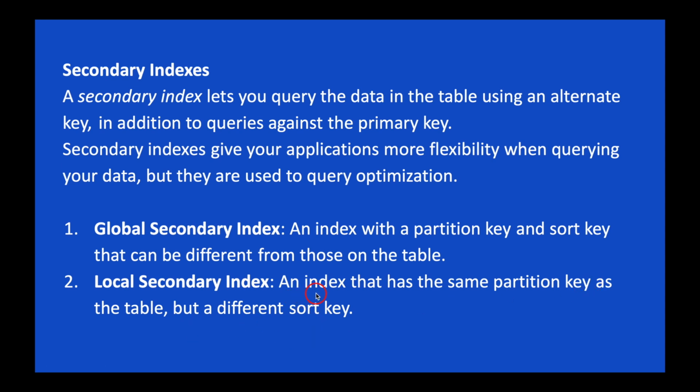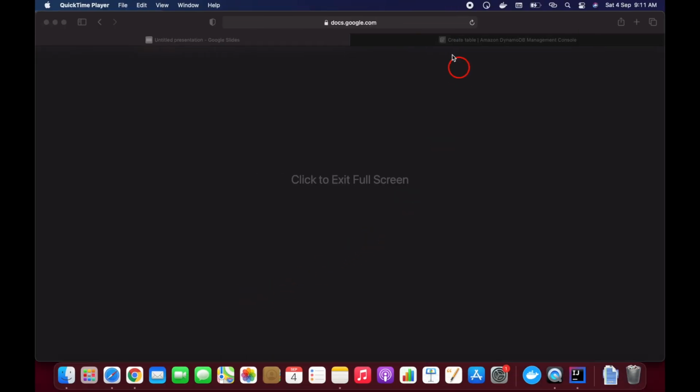So we are going to make use of the same partition key which is already available in the table, but we are going to use a different sort key in the local secondary index. Okay, if you go and see